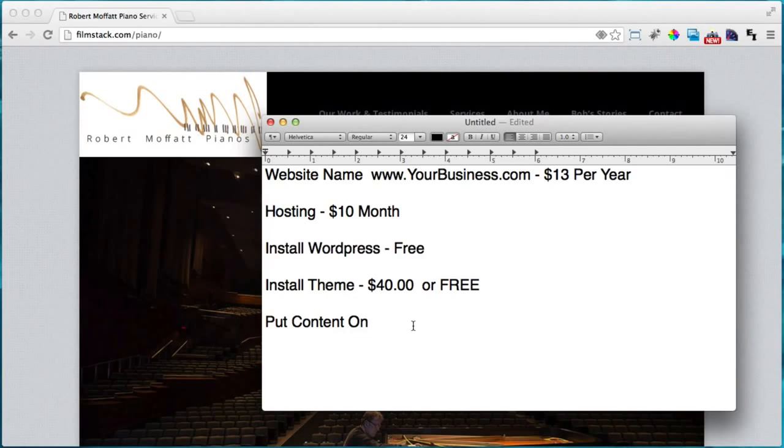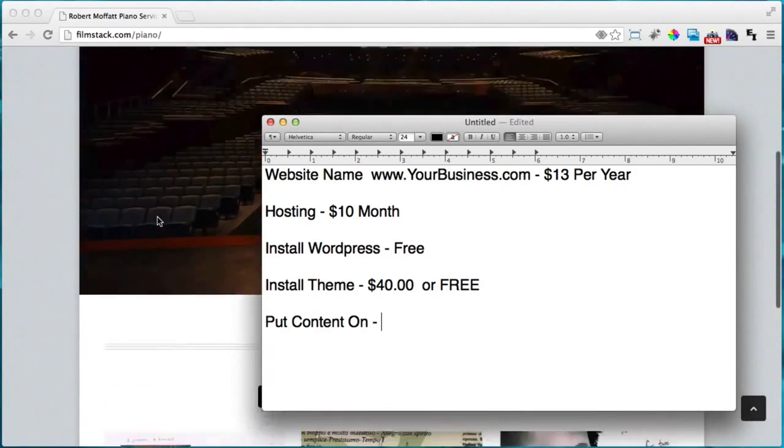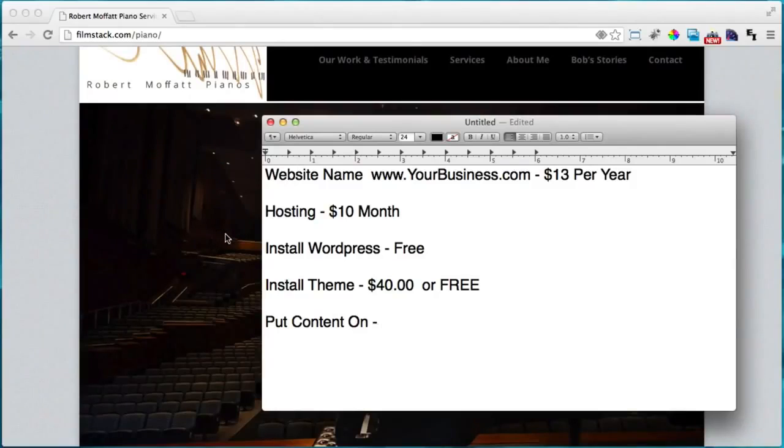After that, we're going to put on content, and this is all of Robert's content here, so we didn't use any stock images or anything, so that was also free. So in total, it's going to be about, let's see, what is that? $63 in total to start. So $63